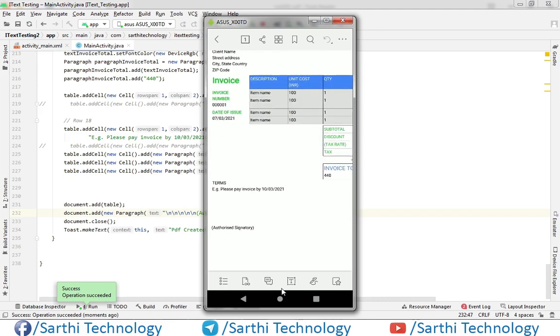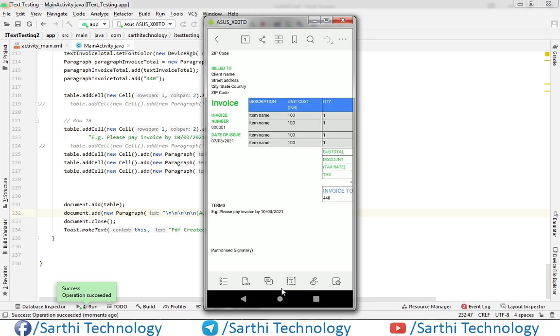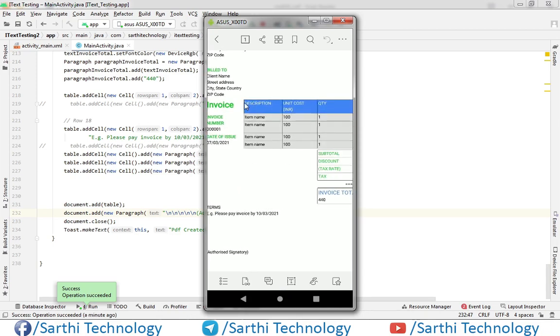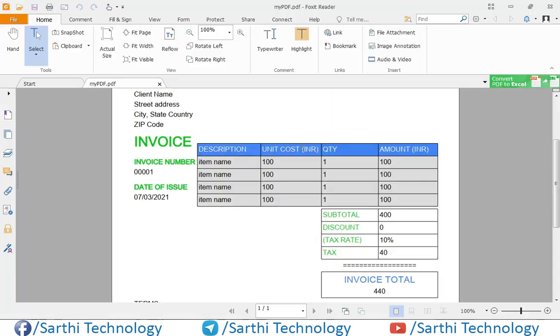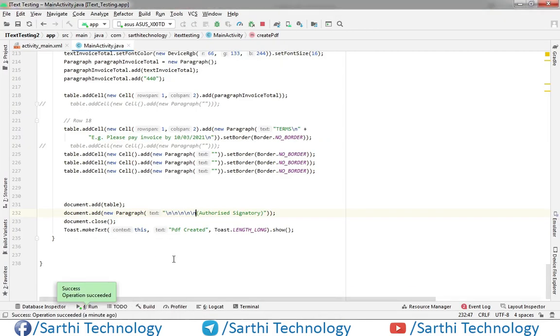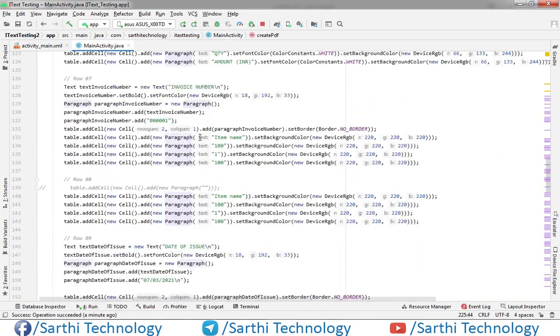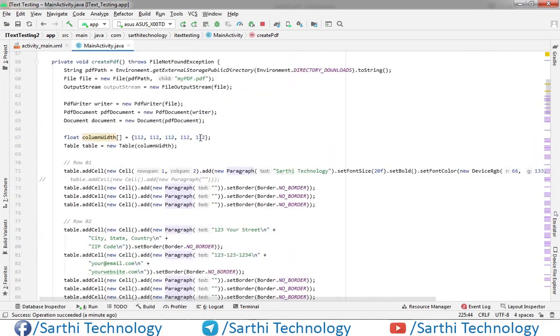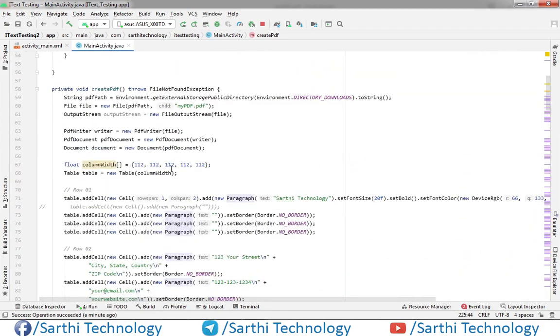Okay, so one thing we can do, we can just increase its width and decrease its width. Okay, this is coming in 2 lines. Okay, and for that what we need to do, just change the here, for example we will put 120 and here 104.